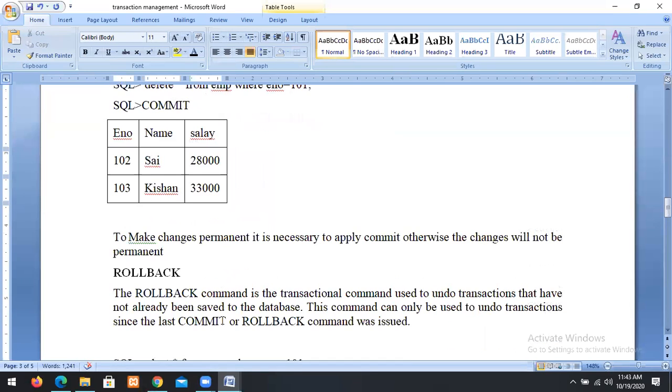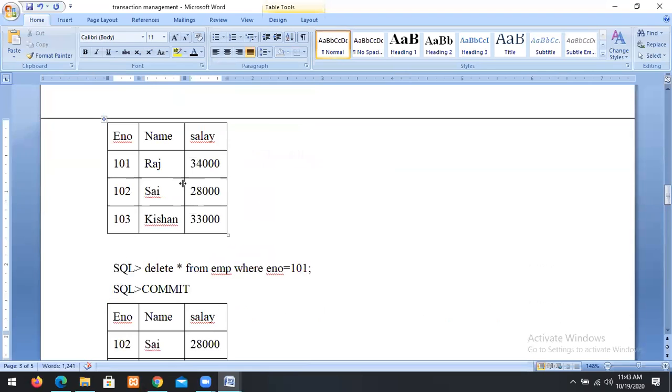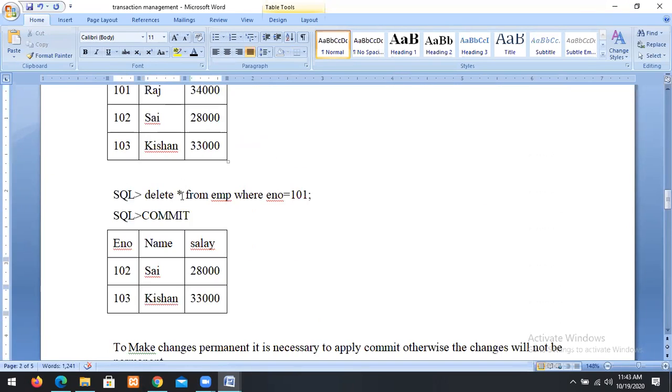To make the changes, suppose I apply DELETE FROM EMP WHERE employee number equals 101, and after that I apply commit. Once I apply commit, only then is the record deleted permanently from the database. Otherwise, the record is not deleted permanently.